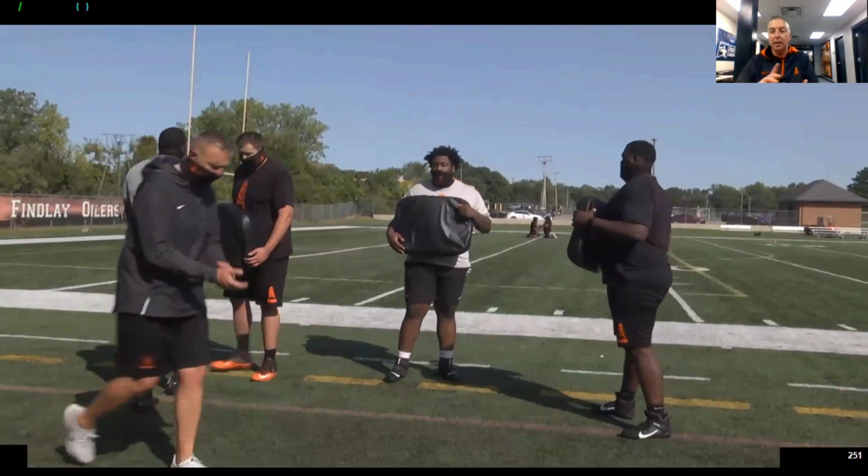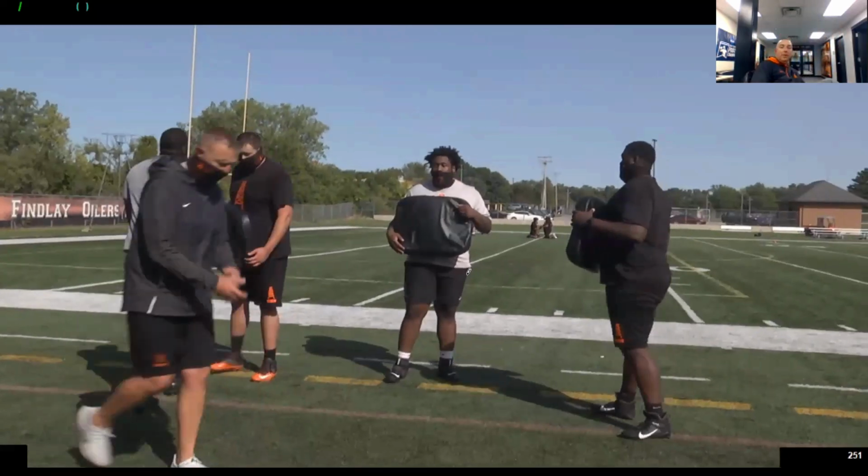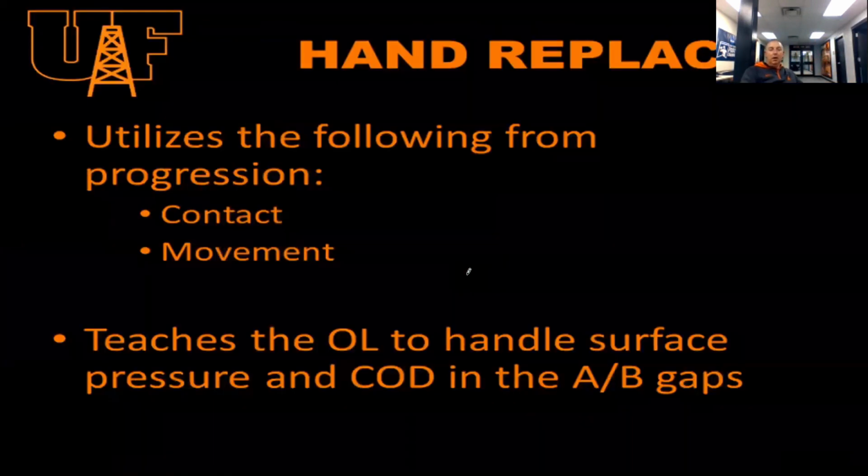They're not ready for angle of intercept. They're crossing their feet right now. They're not down there at the O-line Academy in the greater Dayton area. They don't have that. So anyways,